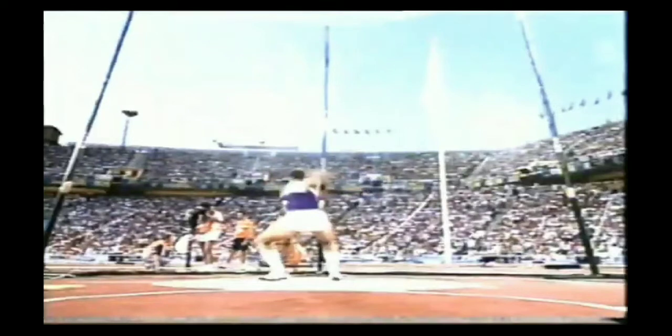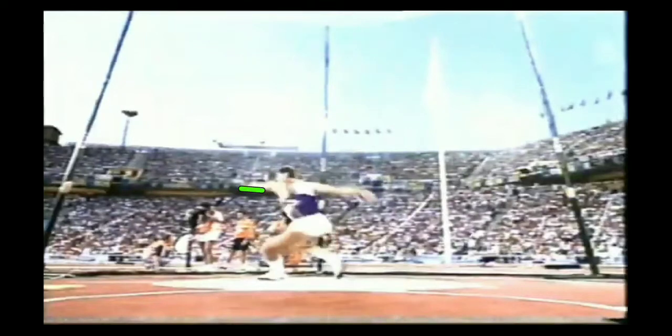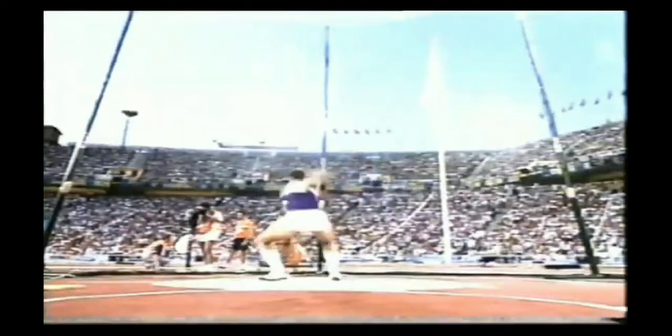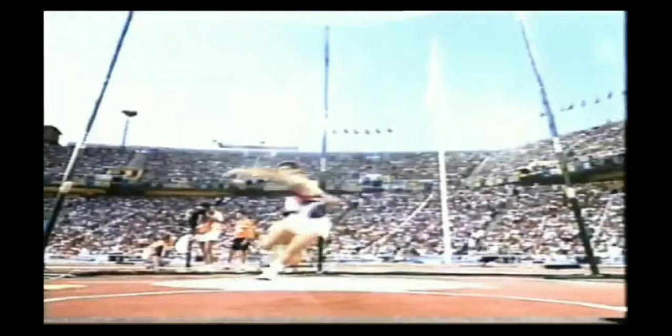Now, the problem with keeping your left arm in is he kind of shoots his hip back. So he has this diagonal position, which is okay, but it's not optimal. I would like to see that left arm be in line with the left knee and the left armpit to be over the left knee. So then he's more stacked. So then when he comes out of the back, he would be...